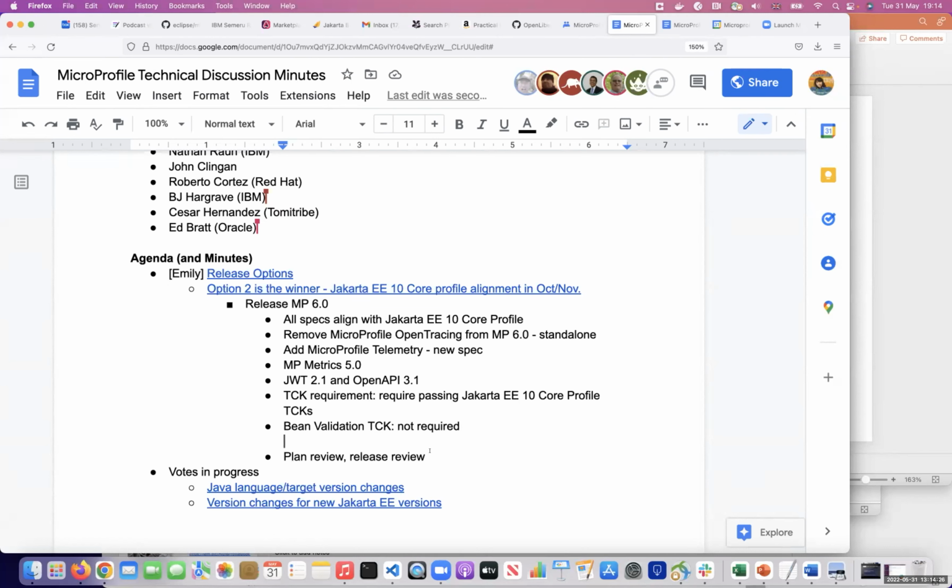And if they do a service release, they don't need to go through the release process. But at least I think we have identified a few, like JWT, Open API, and also Telemetry and the whole umbrella one. We will need to go through the plan review.